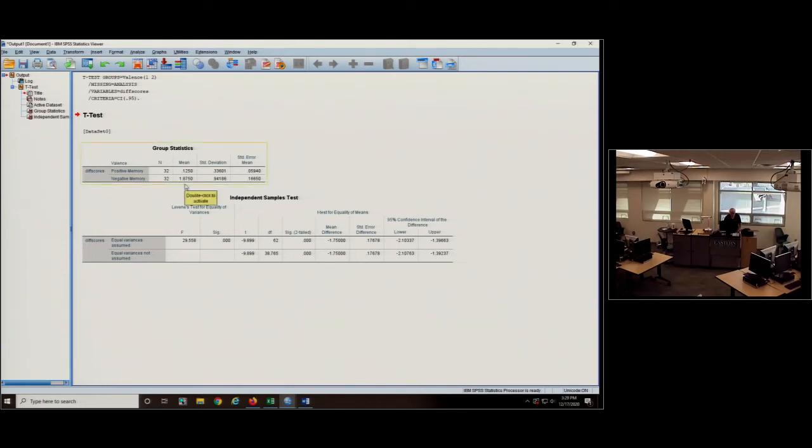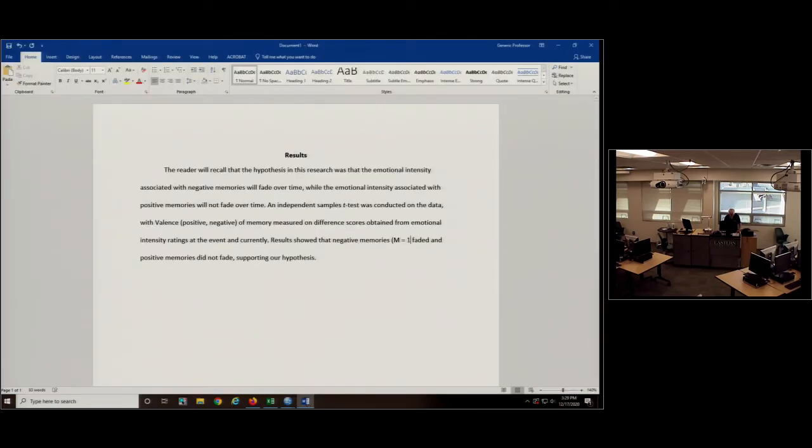The mean was 1.88. Standard deviation was,